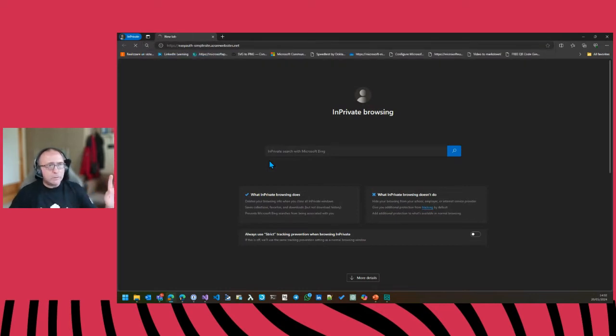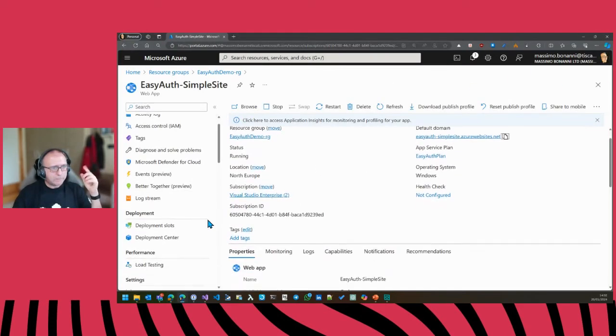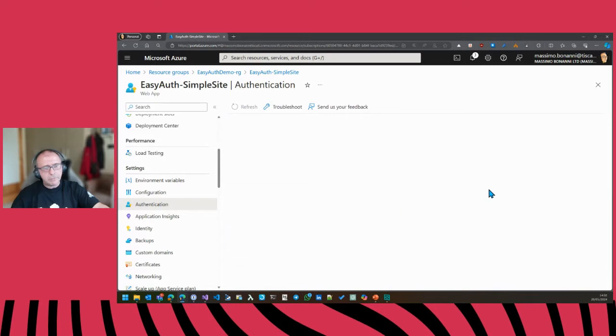It opens because it didn't request any login, just to be clear. Then go here. You can find the configuration in this option. Go to Authentication,